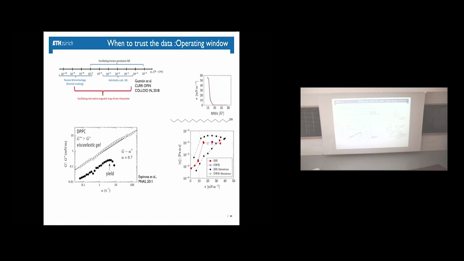Okay, good. Right. When to trust the data? So, what? Never. So here's a very simple molecule that we measured, around 20 millinewton per meter. It's a fatty acid. It's in a gas state until about 20 mean molecular area. If you compress beyond that, it starts really interacting. It goes up. It's essentially supposed to be a viscous interface. This is data that we found from different groups. This is data from my lab. It all agreed, but it was different from the